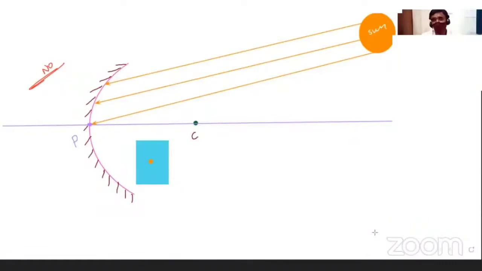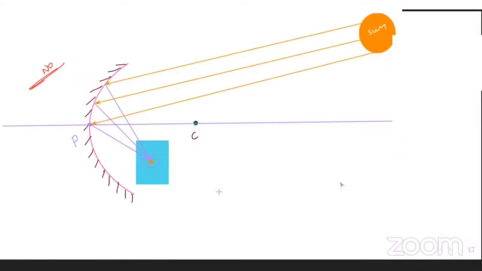So how is it possible? If all the light rays from the surface of the mirror are reflected and focused at a common point, then only it is possible. So this is actually happening. If a parallel beam of light rays is focused on the concave mirror, what happens? They are going to be converged at a point, as you see here. Clear?